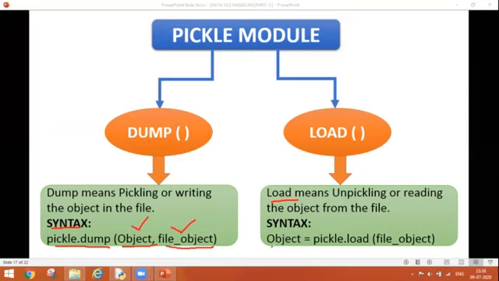And what is the way of writing it? We take one object and we start loading the data from the file. That's why we write pickle dot load. So as the read function works for my text file, similarly the load function works for my binary file. So these are the functionalities of dump and load.